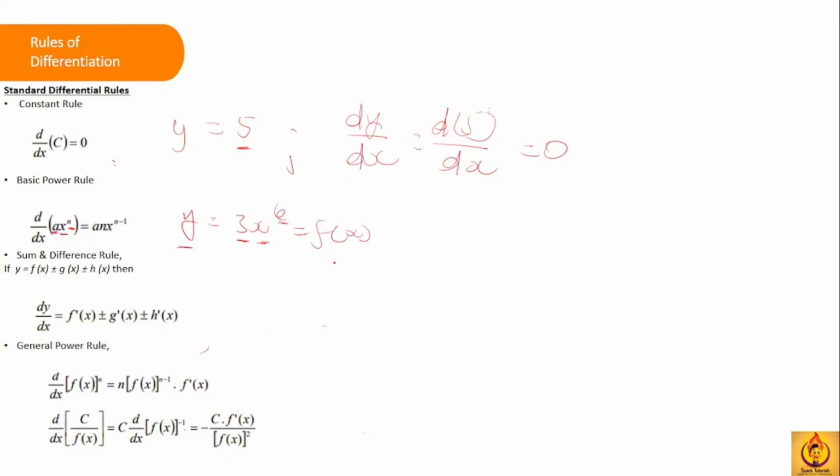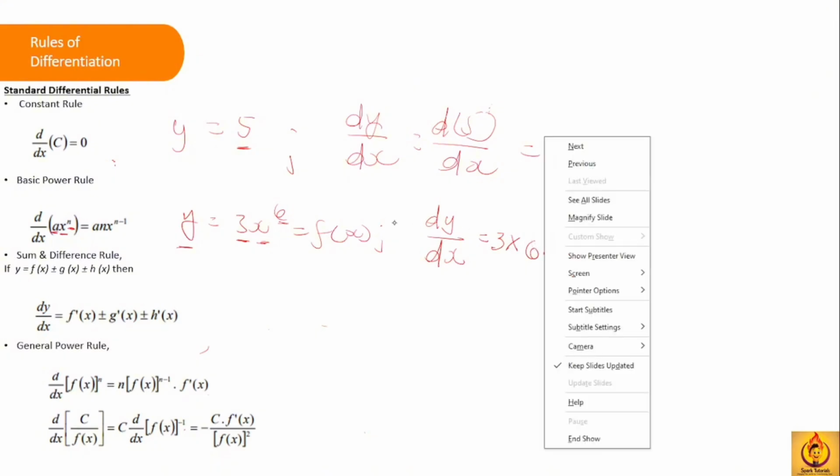So the derivative of this, following the rule, will be that you first take out your constant, which is the 3. It stays that way. Then you multiply it by the power of the variable, in this case 6. It is defined here as n. Then you multiply it by